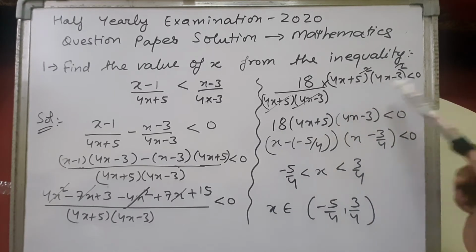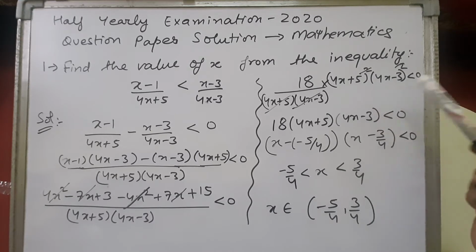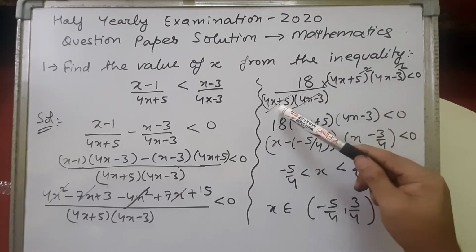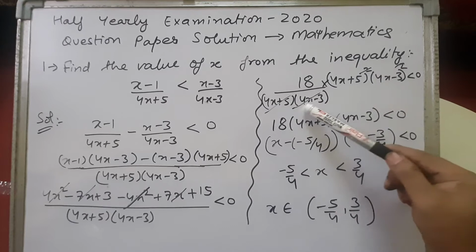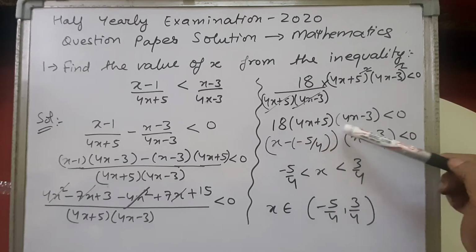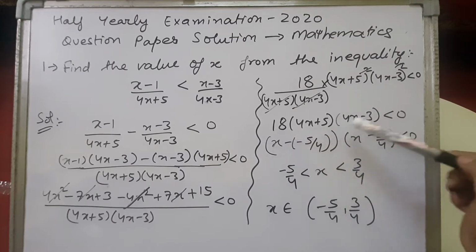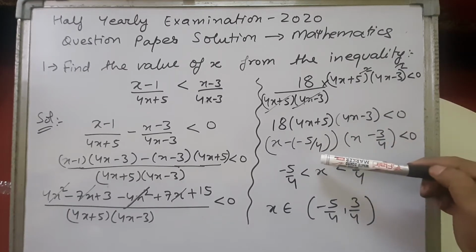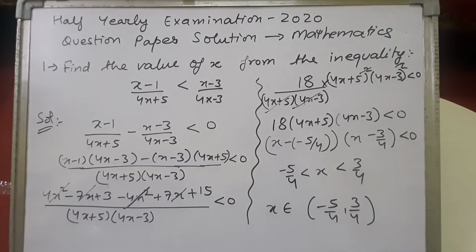Multiply the square, both sides, left hand side, right hand side. Here it will become 0. Anything multiplied to 0, it will be 0. When we multiply the square, here on the left hand side, this square will get cancelled. (4x plus 5) square cancel, (4x minus 3) square cancel. So what we'll get is 18 less than 0 times (4x plus 5) into (4x minus 3). Taking 4 common from both the brackets, and this term will be cross multiplied here. So what we are left with: x minus of minus 5 by 4, x minus 3 by 4.